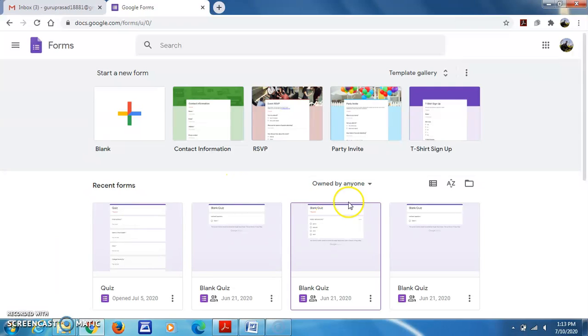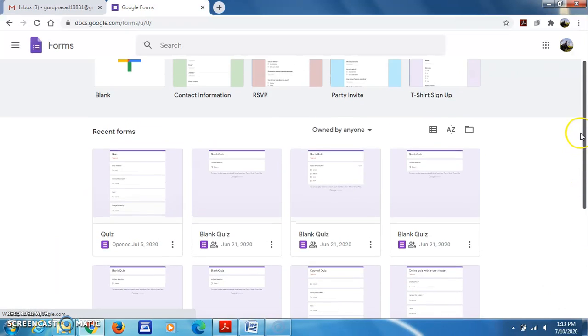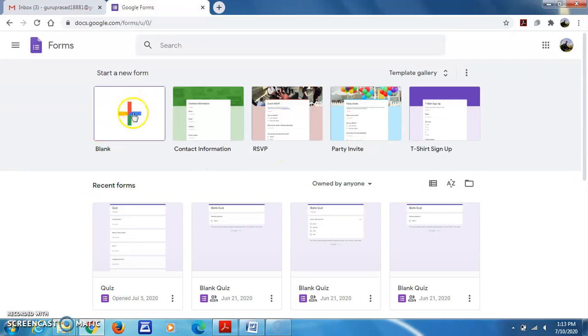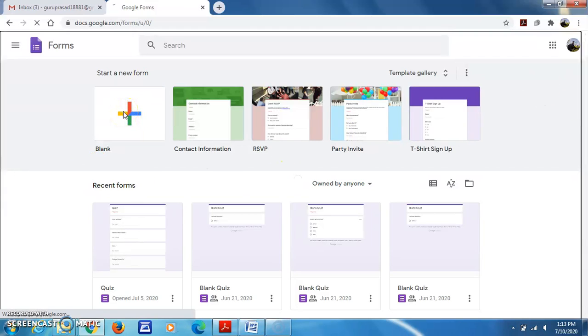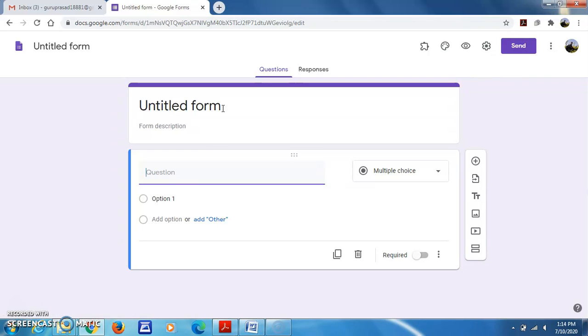Okay, so I will take a new blank Google Form. This is how it looks. Here you can give the title, whatever you need.